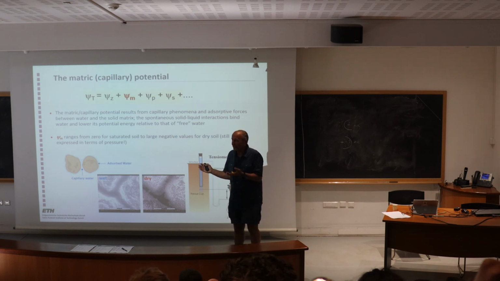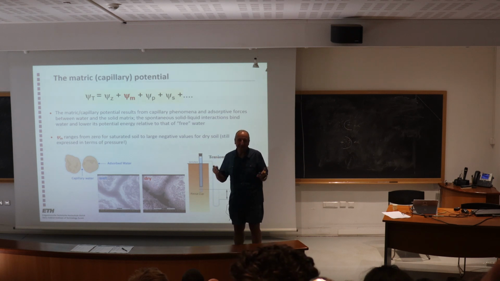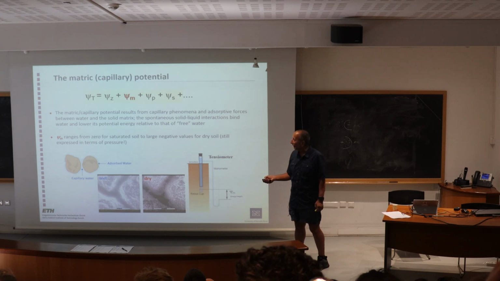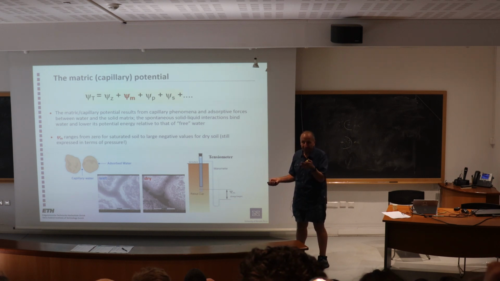You all understand that minus 100 is much colder than minus 1, and that's basically how you should think of matric potential. The more negative it is, the drier the soil. The component of the matric potential are of capillary origin, and we'll focus on that, and textbooks